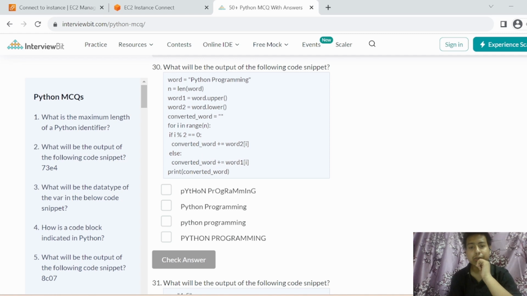So converted word, add in converted word what? Word of 2i. Word of 2 is what? Lowercase first word, zeroth word. It would be small p, right? Small p. So either this would be true or this would be true. Now